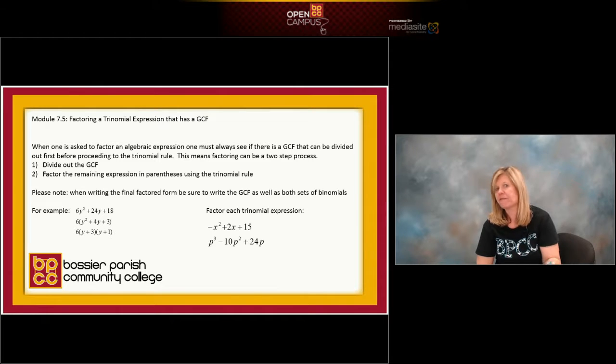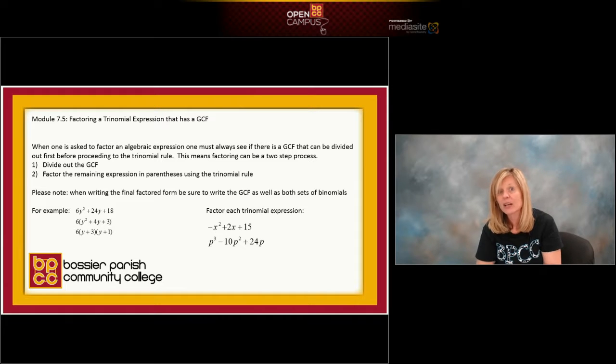All the trinomials we have factored so far have all started out with a 1 in front. 1x squared, 1y squared, 1a squared, 1b squared. Because if the coefficient's 1, that means there's only one option that goes first. Right now you have a 6 in front of that y squared, and there's not one option that multiplies to 6y squared. 6y squared can be 6y times 1y, or it could be 2y times 3y. And that changes the whole game.